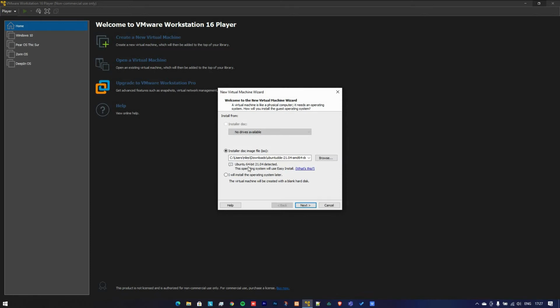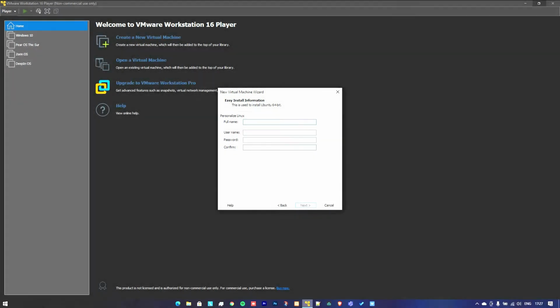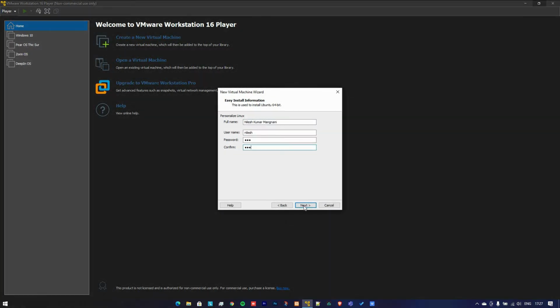And here we can also see that it is showing Ubuntu 64-bit has been detected, because this operating system is based on Ubuntu only. So nothing to do here. Now we have to click next. We have to give some details here, so let me fill that. After filling the details, again I will click next, and here we have to give the virtual machine a name. So I will give it Ubuntu DDE 21.04,